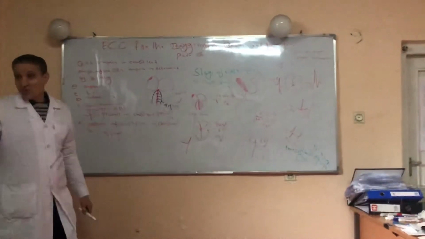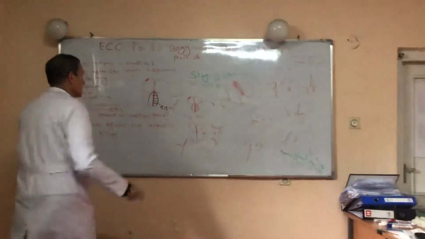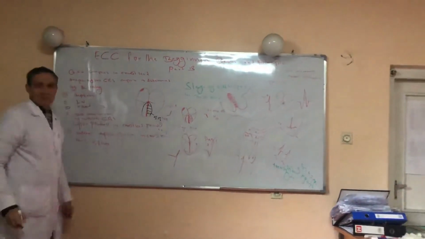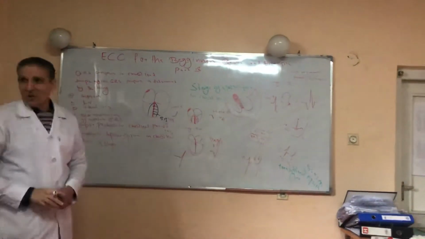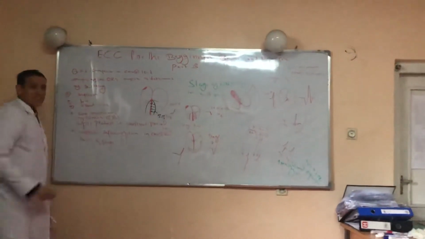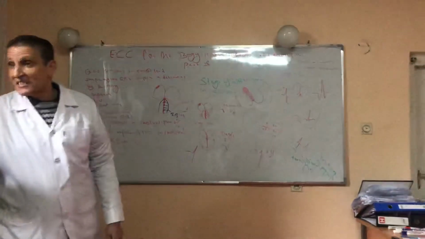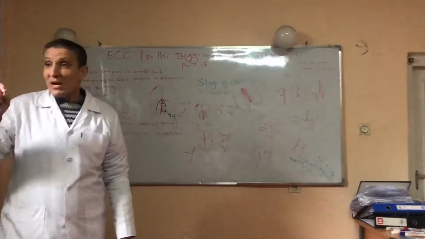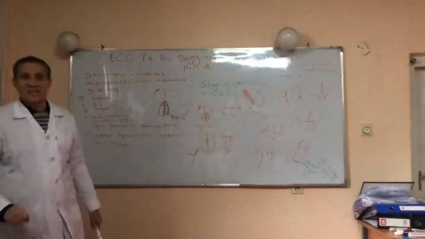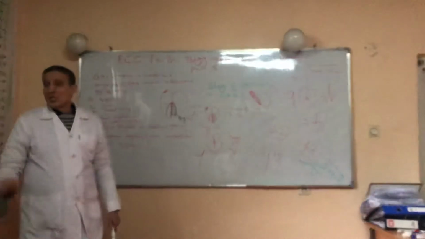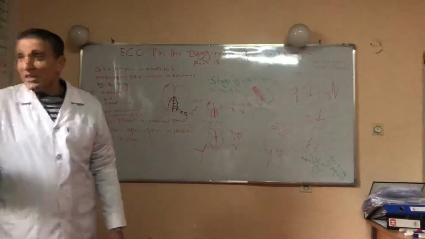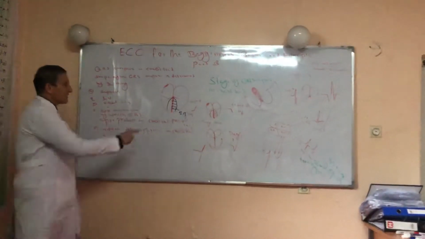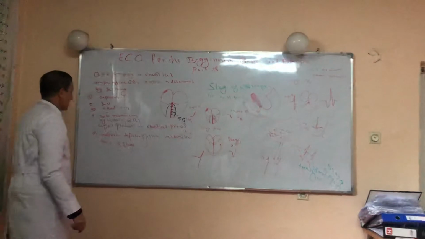The second thing which plays a major role in the production of the QRS complex in chest leads is the left ventricle. Why does the left ventricle play a major role? Because the left ventricle is thicker than the right ventricle. The muscle mass of the left ventricle is greater than the right ventricle, and therefore the left ventricle has a major influence on the QRS complex. This is the second thing.